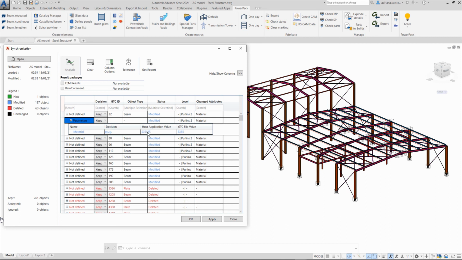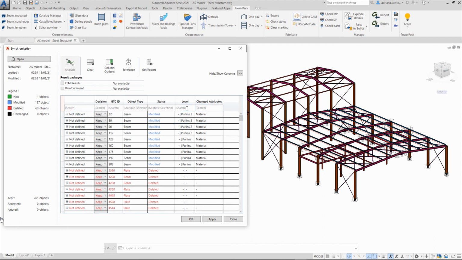So here we can see that, for example, it's a material which has been modified, not really the physical property of this material, but the naming, the codification here. So after, it's a user decision to say, okay, he can ignore those modifications. He can keep them, meaning that he will manage them later. Those modifications will still be visible in this dialog box, or we can accept. So you have three choices for the decision: keep, accept, and ignore.